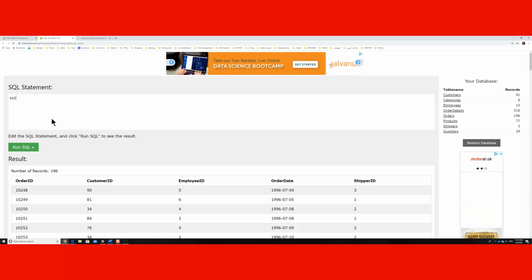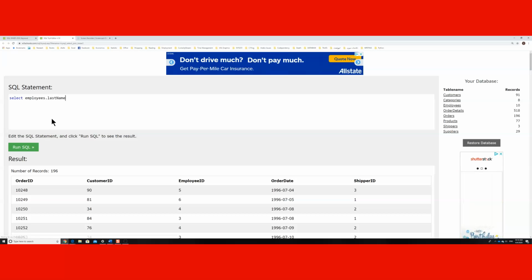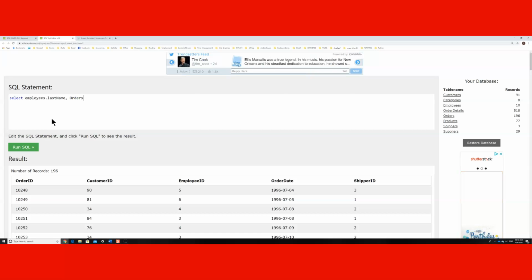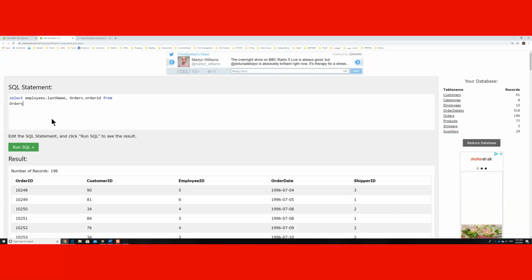And you will see here, starting with the select employees, that's the name of the table, dot last name. Then we're going to say also give me the orders.order ID from the orders table. All right. From, that's the inner join, orders. Orders inner join on